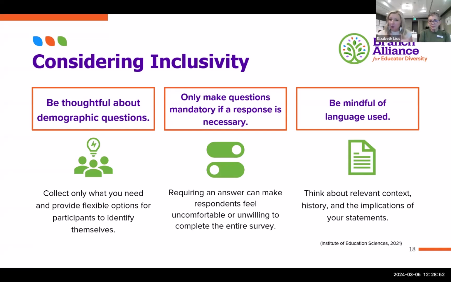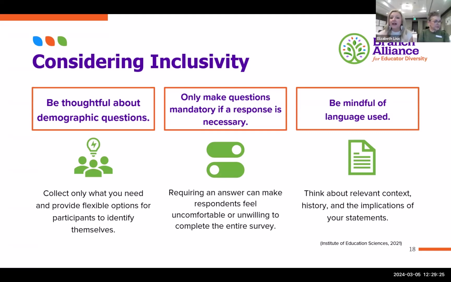And along with that, only make questions mandatory if they really need to be, because sometimes what I've found is that when I require a response to every question, you see a drop-off point where maybe we get to a question that is more uncomfortable, or I'm not prepared to answer today, or I'm not comfortable answering today, and I will exit the survey as opposed. And so then that makes that data less usable for us as researchers or as educators.